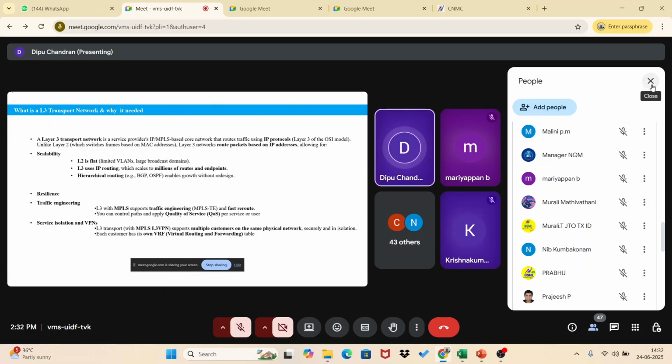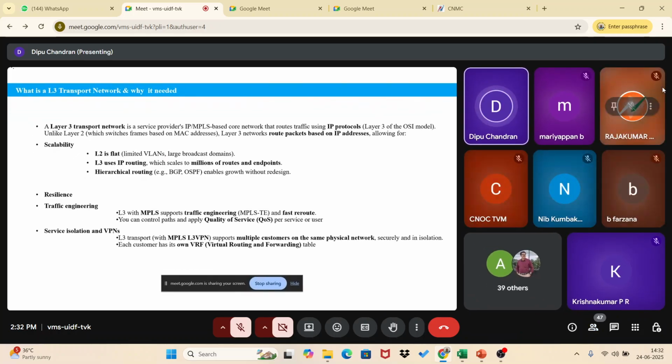So there are actually many advantages. We had a limitation of VLAN because, as you know, the maximum VLAN number can be 4096. Here we can use n number of services or IPs in different VRFs. This concept we can explain in detail later. As a technical term, if not familiar, we can call it hierarchical routing. Any router can be added to the network at any time without disturbing the existing topology.